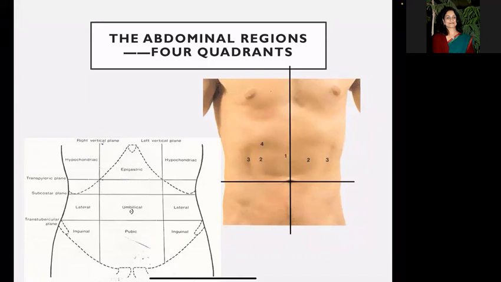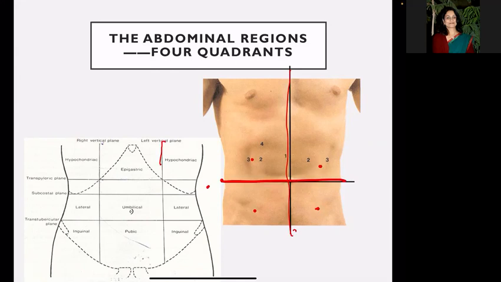4 quadrants. A line which is crossing the umbilicus vertically and horizontally thus divides the abdomen into 4 quadrants: upper right and left quadrant, and lower right and left quadrant. According to another classification, another division is dividing the